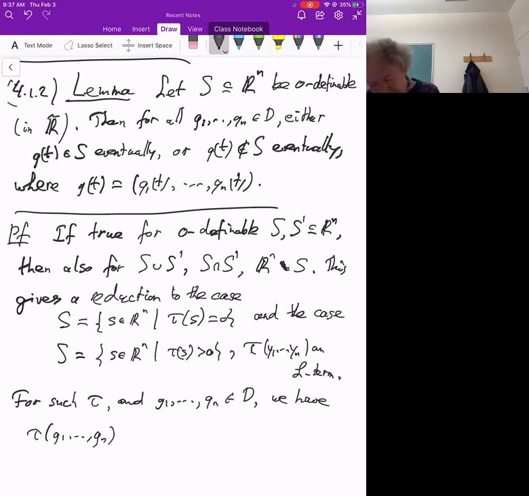So D is closed under the function symbols, so also under plugging it into an arbitrary term. So we have this is in D, and that means that ultimately